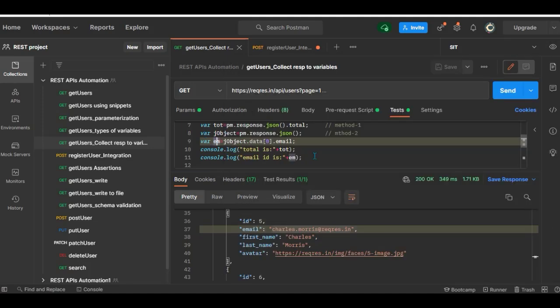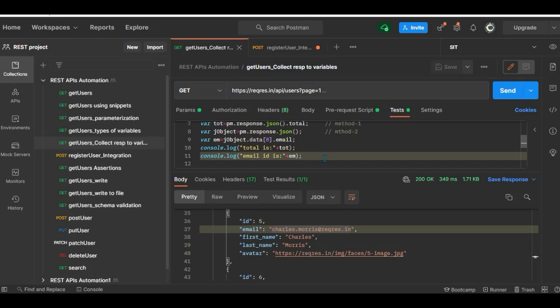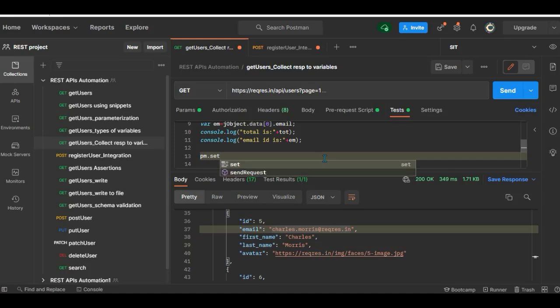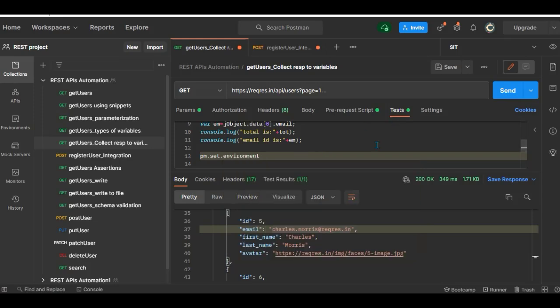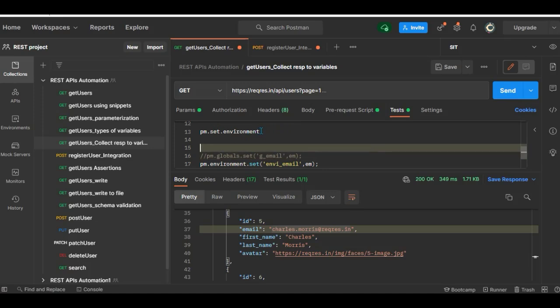Now what I'm going to do is collect this email address into my environment variable. For that, again we have to call the pm object. So pm dot, and we have to call the set method, and we are talking about variables, right? So let us talk about environment variables. So we can call this as pm dot, sorry, it is the other way around, pm dot environment dot set,